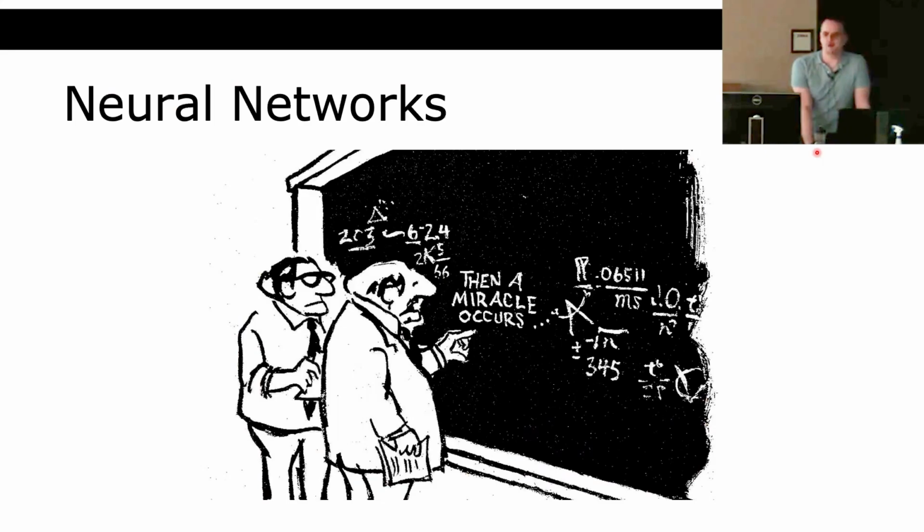So what is it about neural networks that makes them tick? This is how most of the world looks at a neural net probably right now, right? We have some inputs and then some sort of miracle occurs and the output is there. But it turns out they are not a miracle. Everything is just mathematics. It turns out that this mathematics, when you apply massive computation to it, ends up being